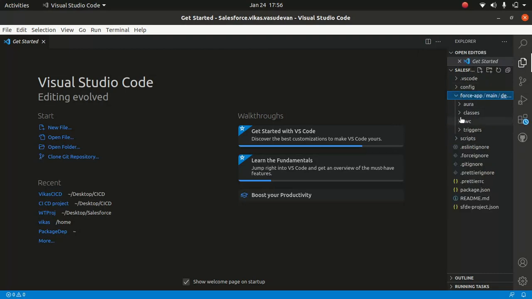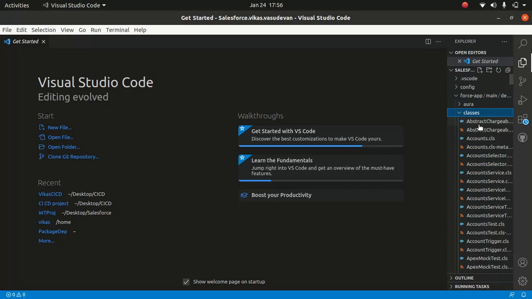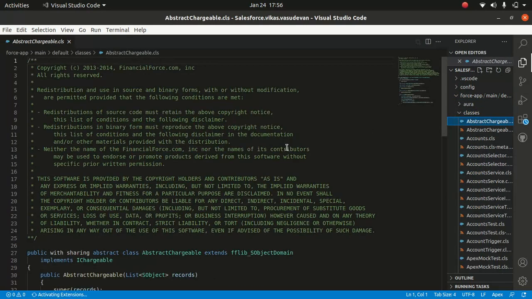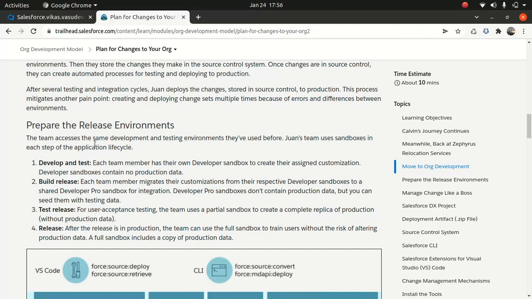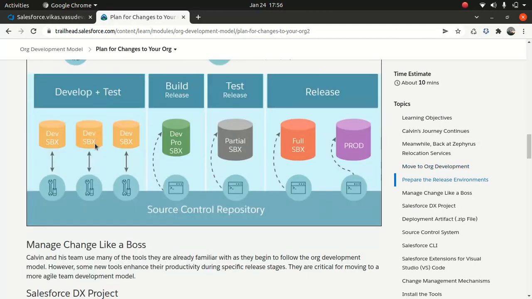So I'll go here, and you see, it cloned pretty much everything. So I got all the source code from an org. So just activating the extension. As you can see here, that talks about, like I said, develop and test, build, release, and